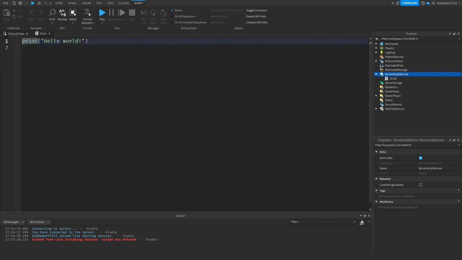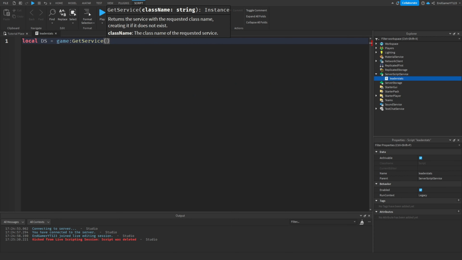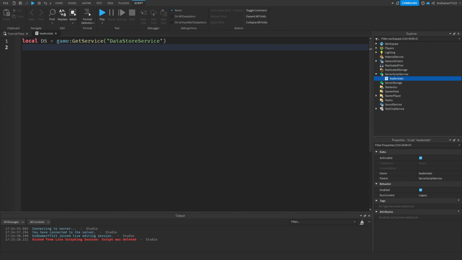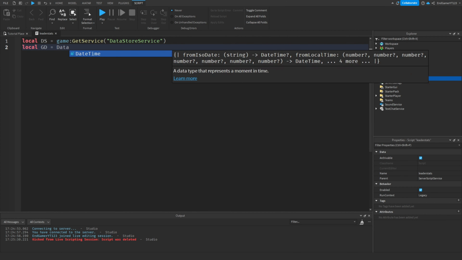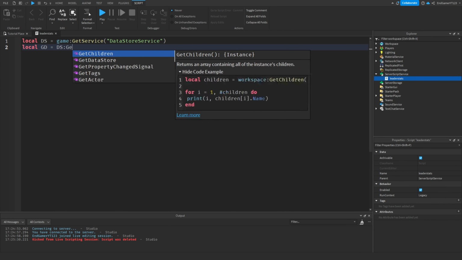First thing you want to do is add a script into ServerScriptService and call that script leader stats, like so. Then you want to do local DataStore, or DS, which would be preferable if you want to do it quicker, equals game:GetService("DataStoreService"). Then you want to do local game data, or if you really want to, just GD, equals DataStore, or DS, sorry, GetDataStore,